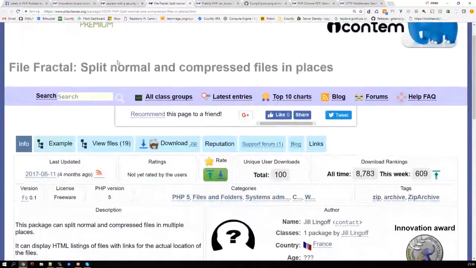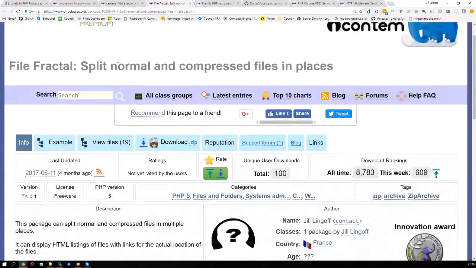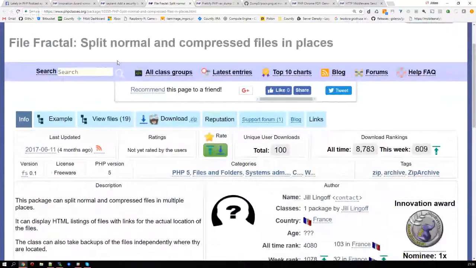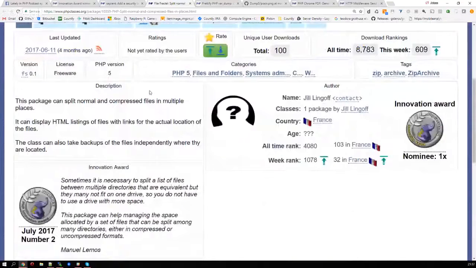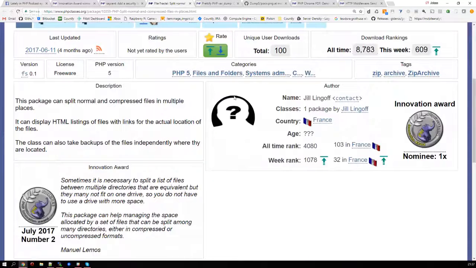The next package is File Fractal, and basically this package can split files or file sets or compressed files into specific file sizes. It was developed by Gilles Lingoff from France, and